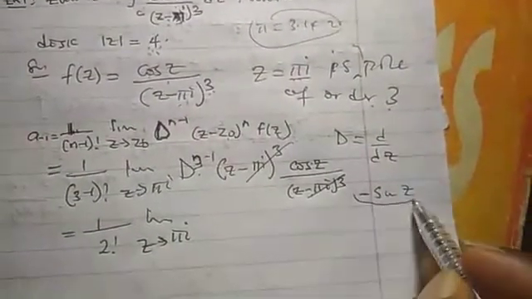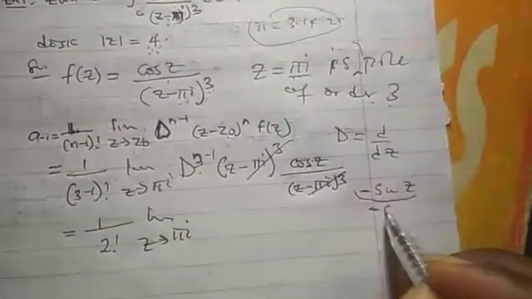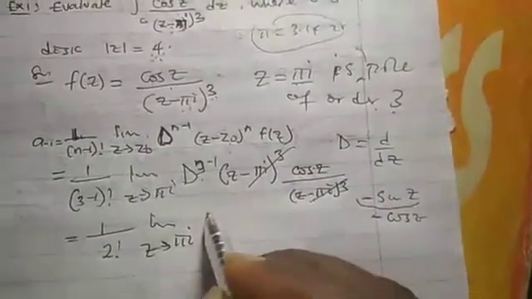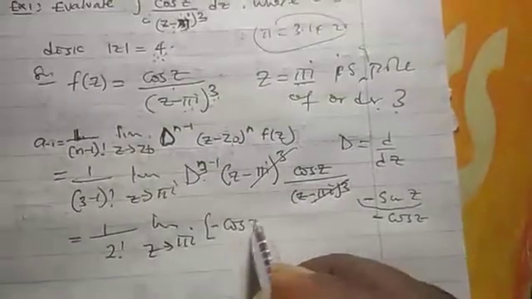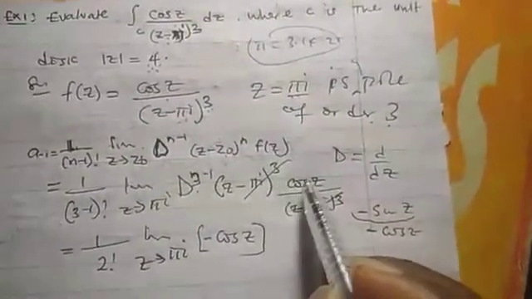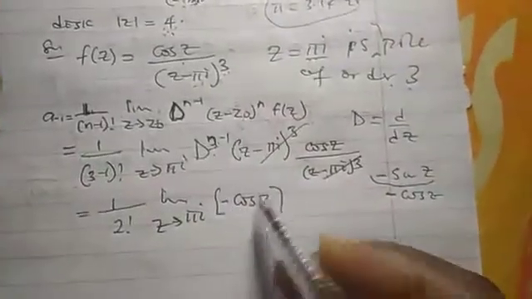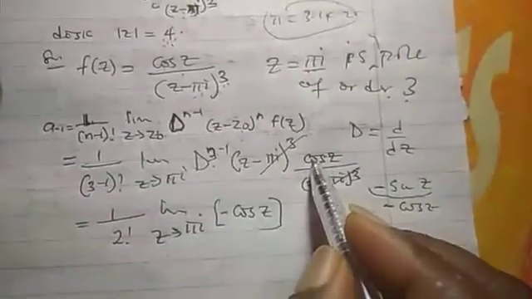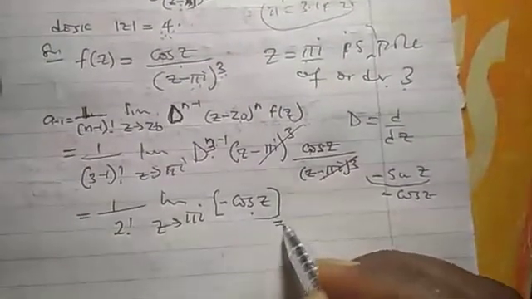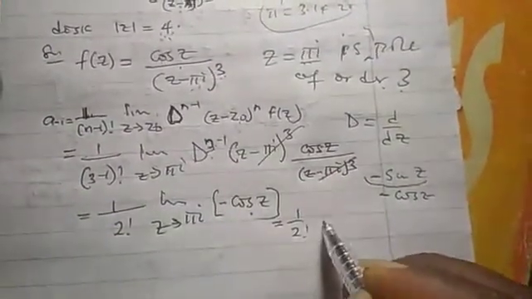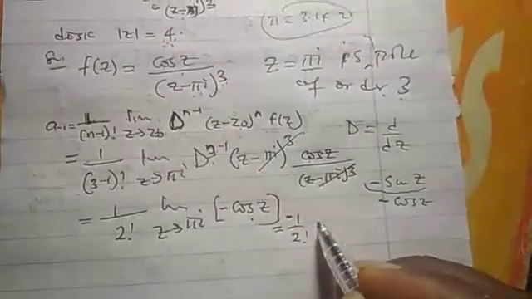If I differentiate it twice, it will give me minus cos z. So in this case, what we are going to have is minus cos z. When we differentiate this, because 3 minus 1 is 2, we should differentiate it twice. If you differentiate cos z twice, you have this. Now let us put the value there. So this will be, let me put the minus here.